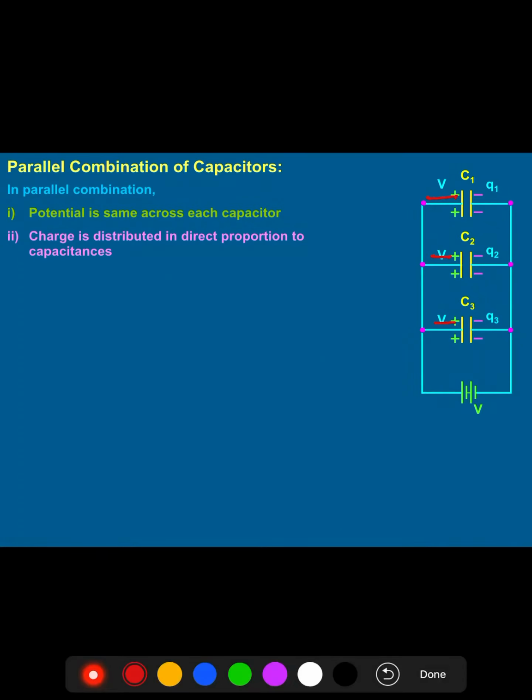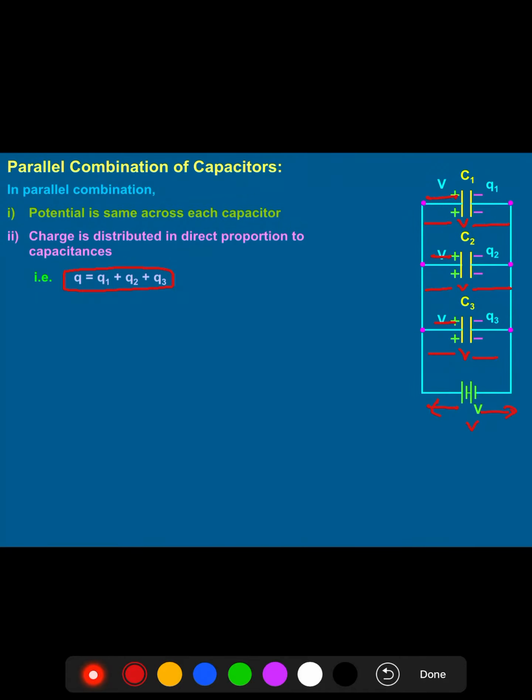Children, here what happens, charge gets distributed. The charge of each capacitor will differ, it will get distributed. In series combination, potential was getting distributed and charge was the same, but in case of parallel combination, charge is being distributed but the potential will remain the same. This potential V will be across this capacitance, across this capacitance, across this capacitance. This thing should be taken into mind when we will do numericals. The more you practice, your concept will be clarified more.